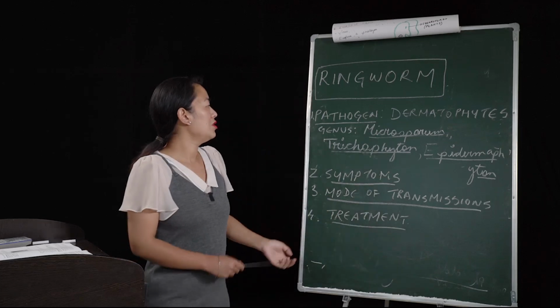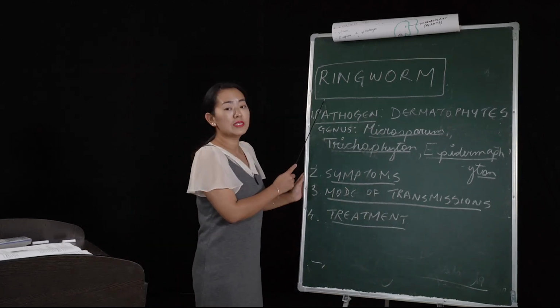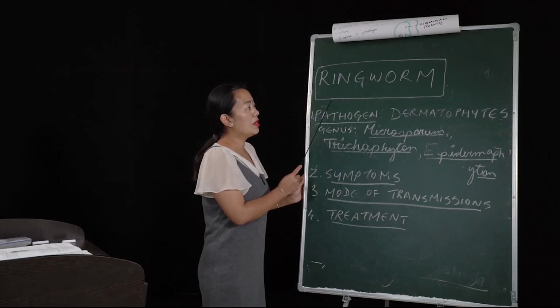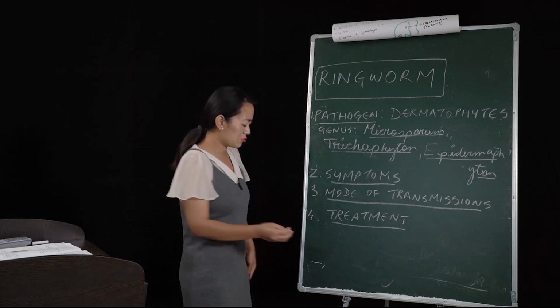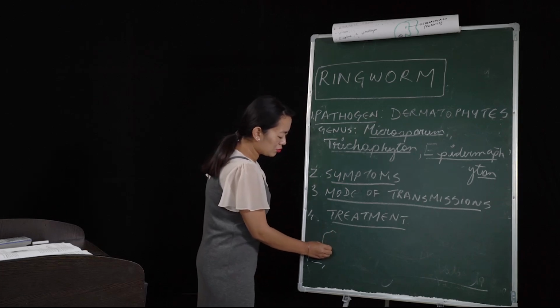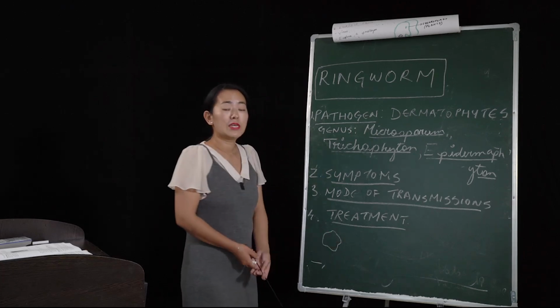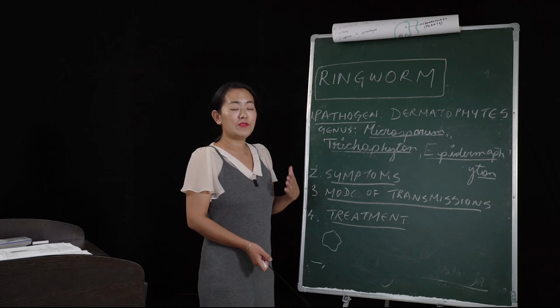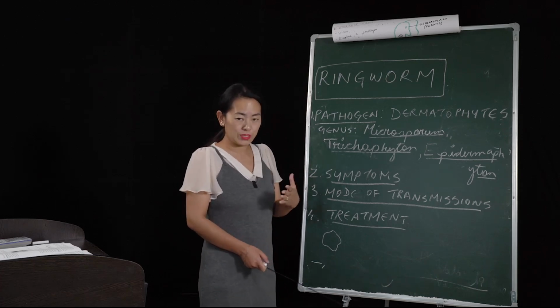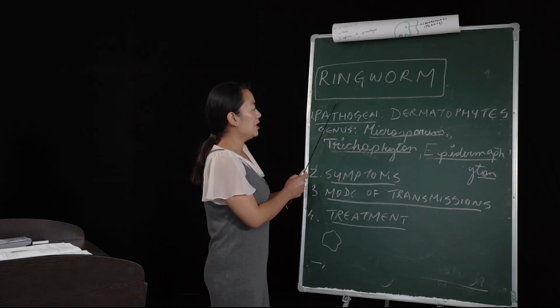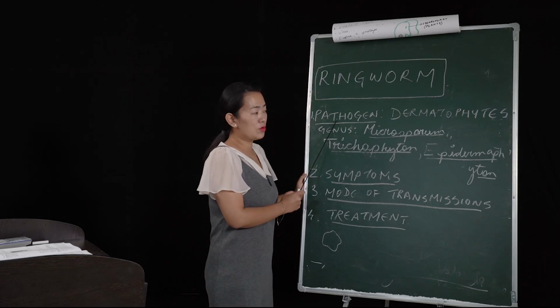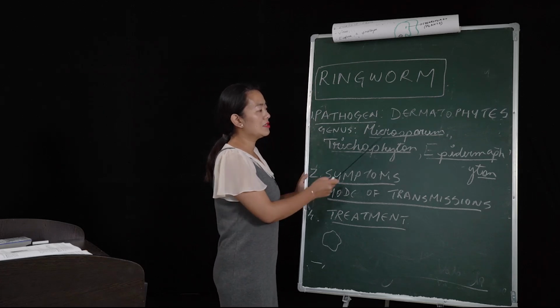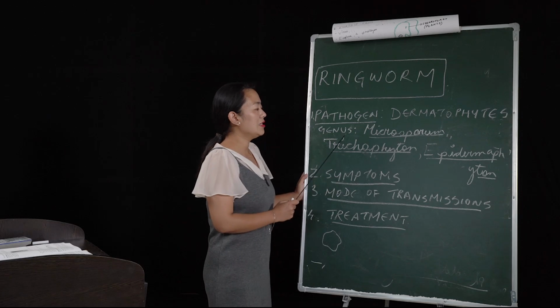So this is a very short one. We're going to talk a little bit about the ringworm. Why is it called a ringworm? Because it gives off a ring-like structure, okay? This ring-like structure is found in the skin of every living organism, in humans, when they have this disease. What are the pathogens that cause ringworm? The pathogen comes under dermatophytes, basically of the genus